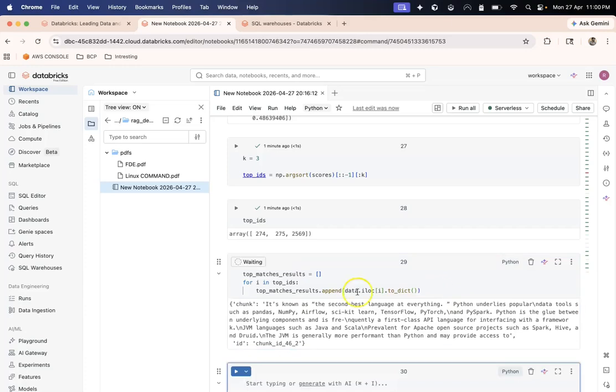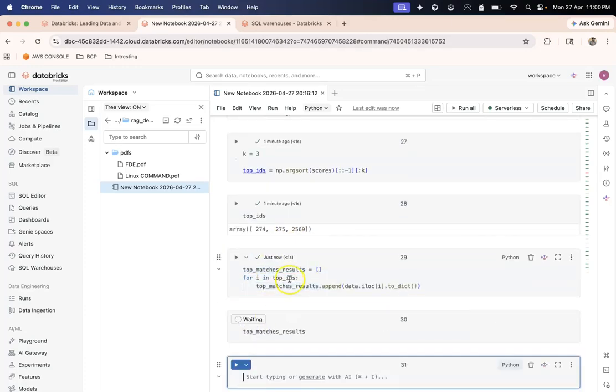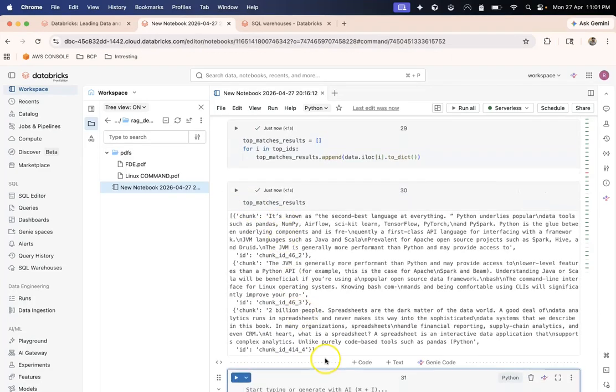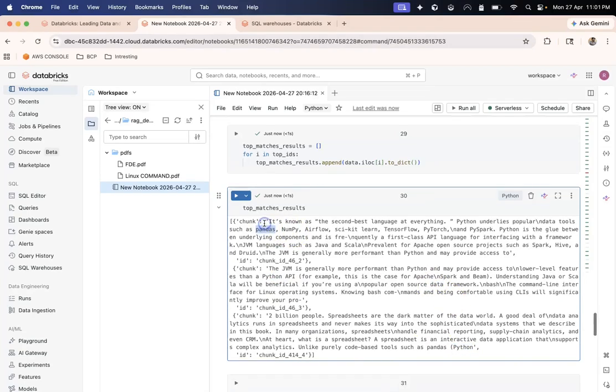Okay, so if I run this and get the top matches results, you see now it is giving me the results of the query that is similar to my Python one. So Python is mentioned here, Python is mentioned here as well, and here as well.